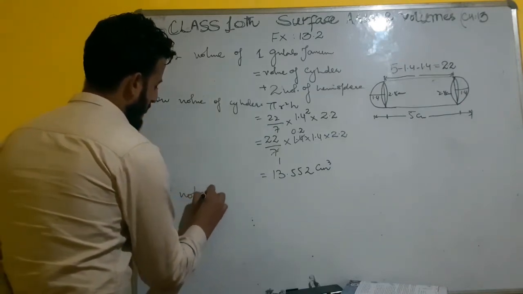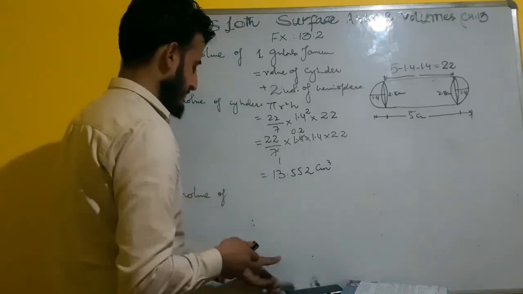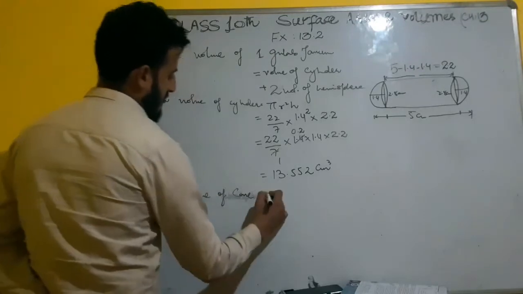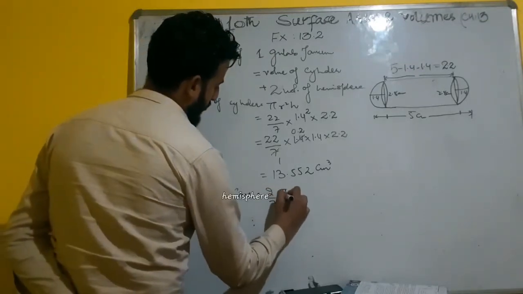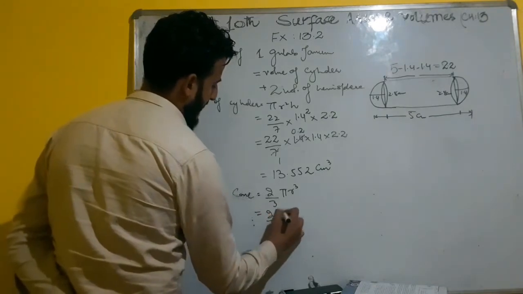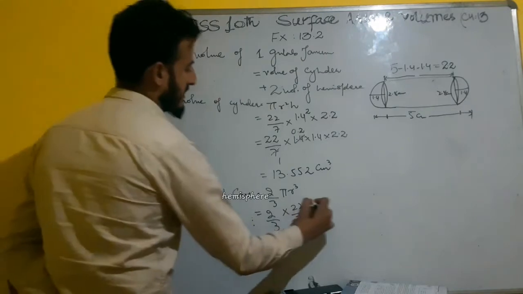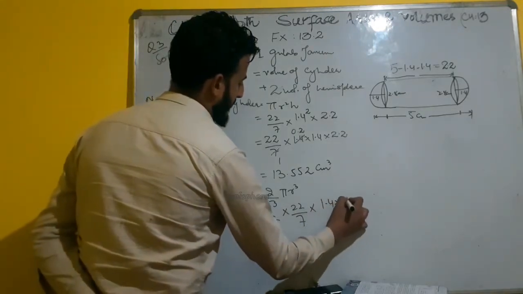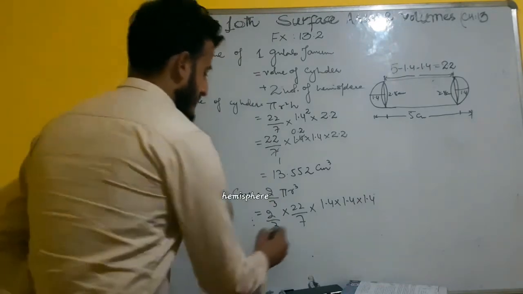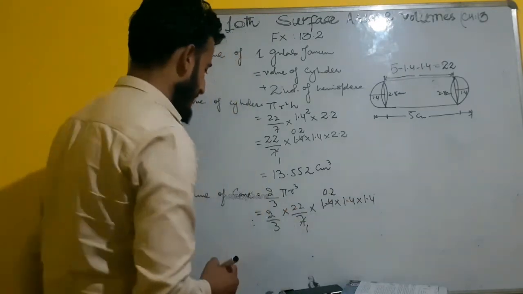Also, volume of the cone, that is equal to 2 by 3 pi r cube. Formula is 2 by 3 pi r cube. We get the result as 2 by 3 into 22 by 7 into r cube, means 1.4 into 1.4 into 1.4. Right? 7 1s are 7, 7 2s are 14, 0.2 again, and it will become